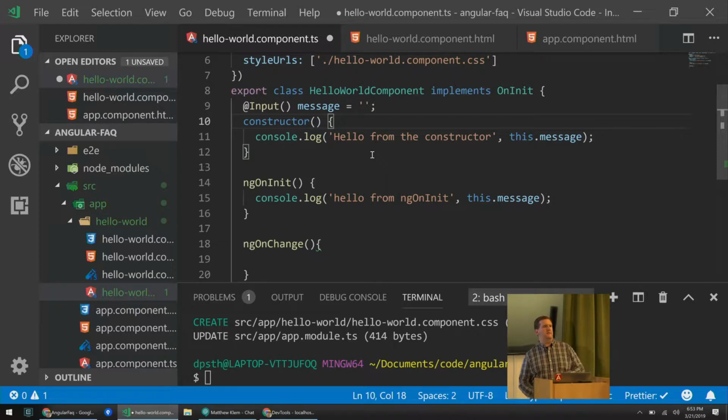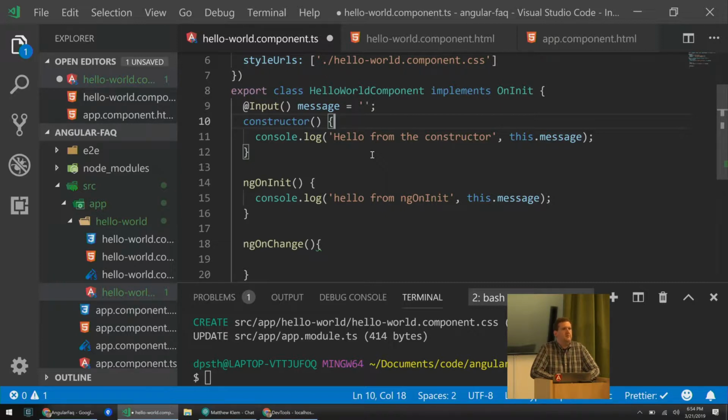Oh, question, yes. There's only one other comment that I want to make up here. I will readily admit I used to be in that camp of everything works in ngOnInit, some things work in the constructor, so I'm just going to always use ngOnInit. When I started writing TypeScript code for Angular in strict mode, which includes strict property initialization,